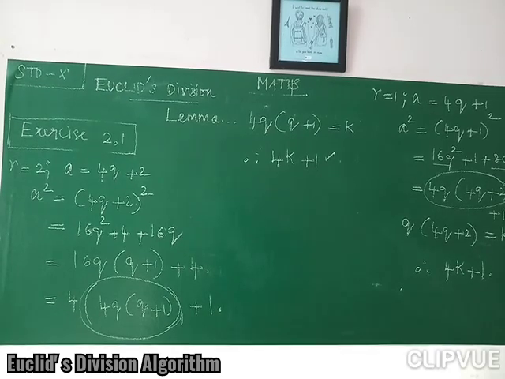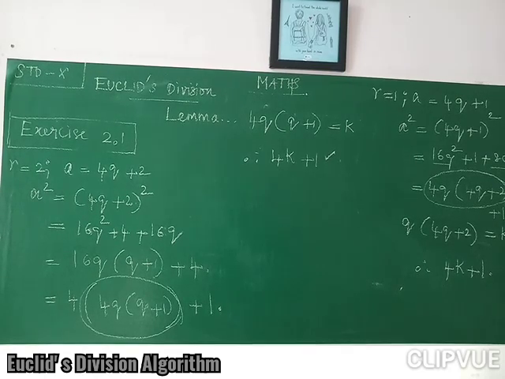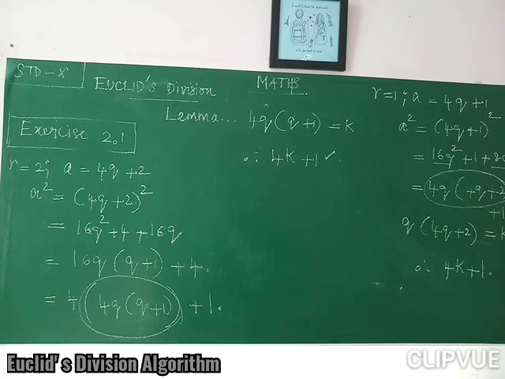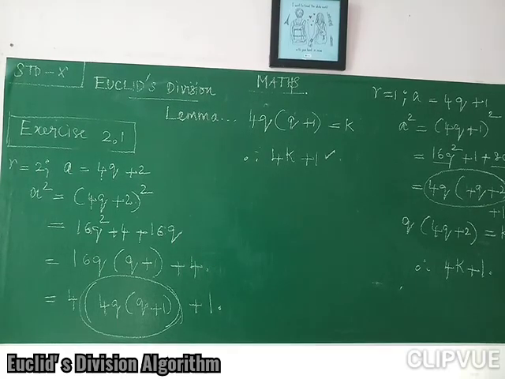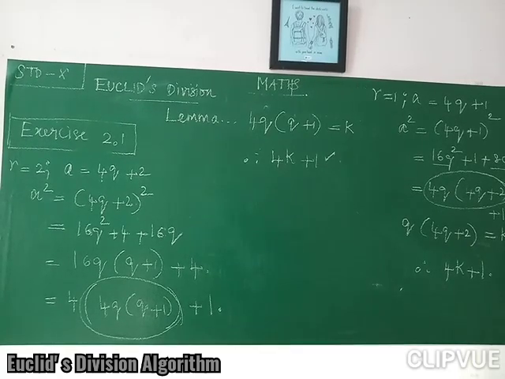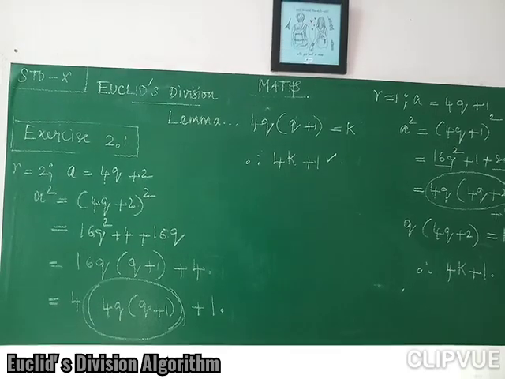Now we have two terms only. From the first term and second term we can take 4 out. If you take 4 out, what do we get in the first term? 4q of q plus 1, plus 1. If you take 4q of q plus 1 equal to k. Why should we take? We just assume. If it is k, what do we get? 4 into k plus 1. So plus 1, after that plus, that will be the remainder, you know. So here it leaves a remainder 1.